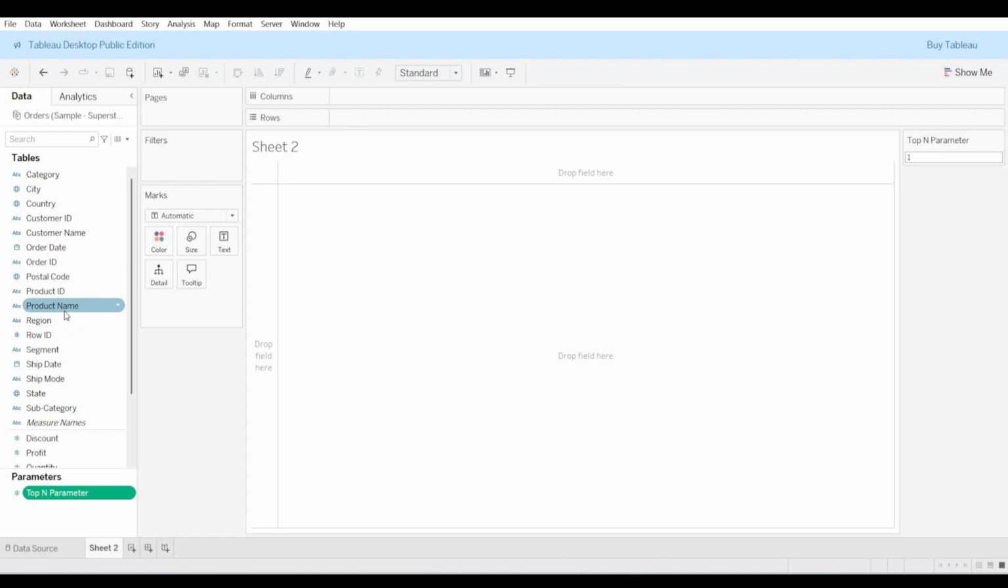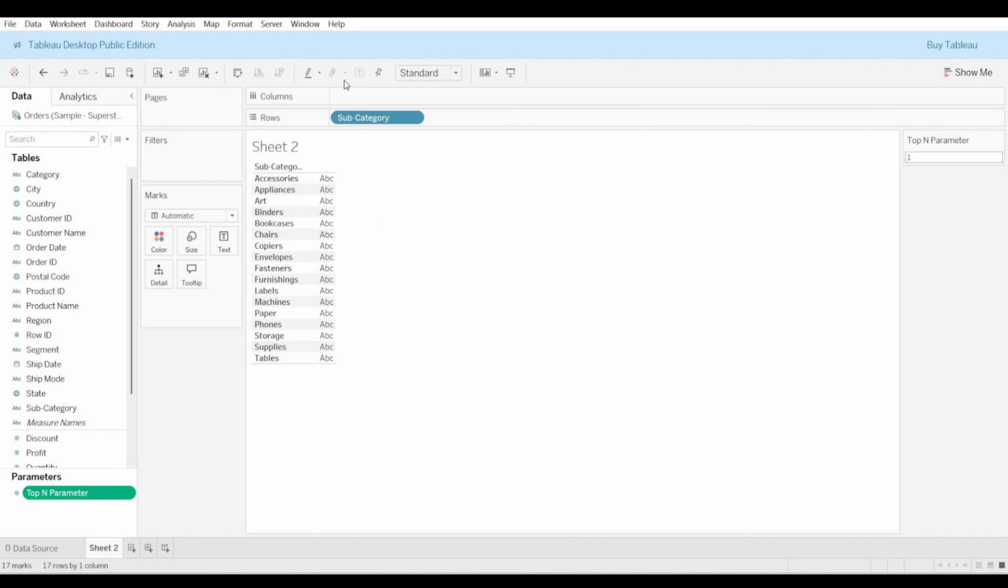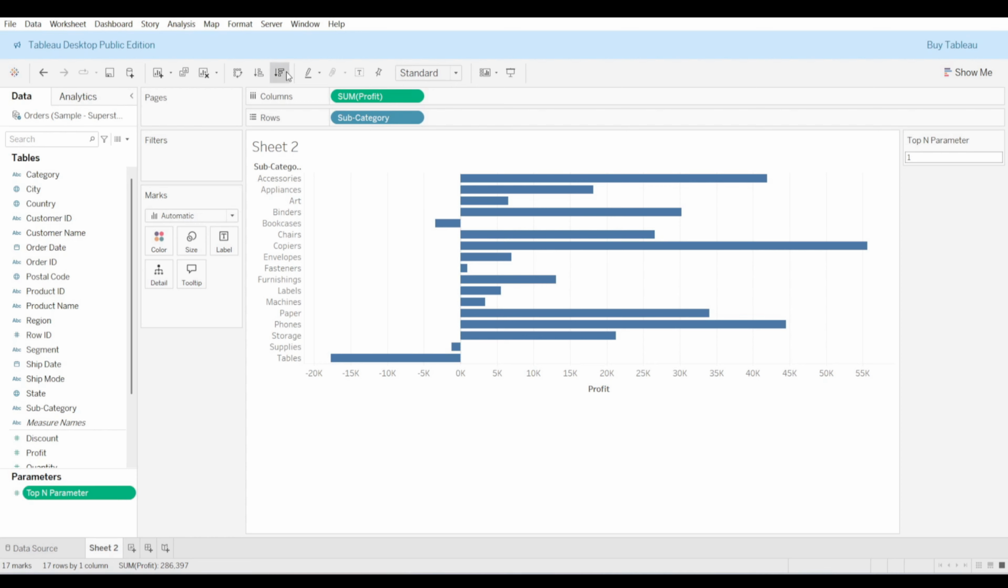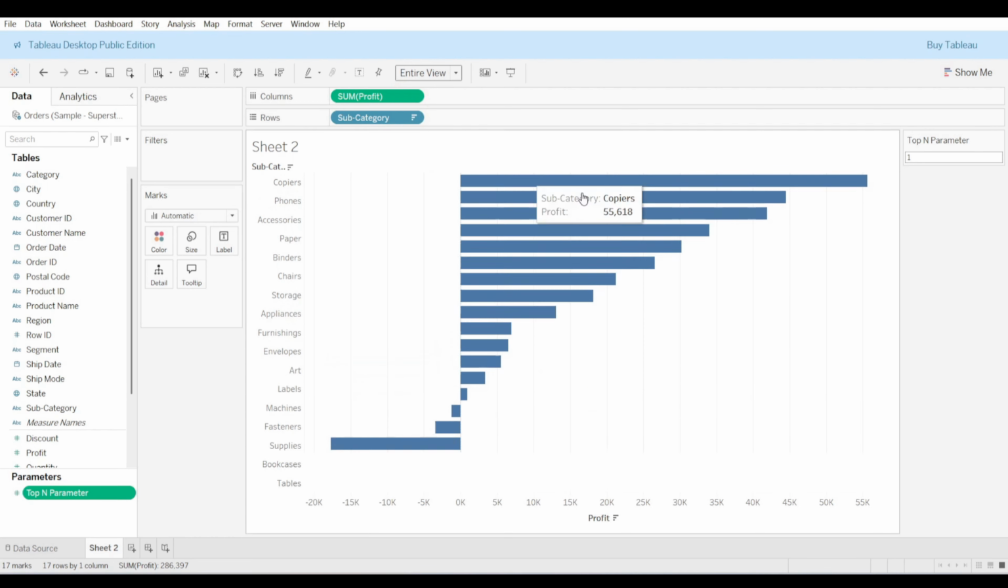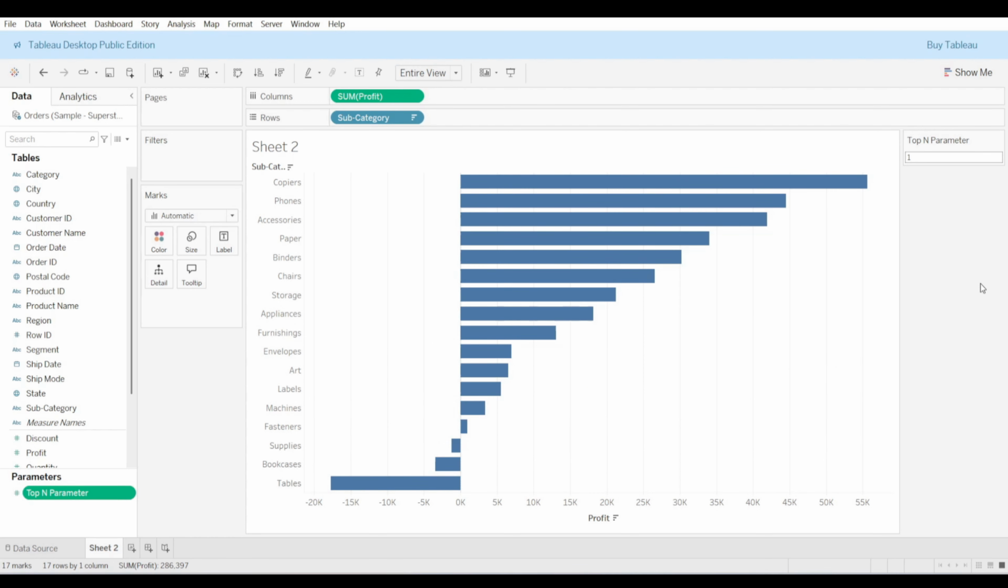Now, the next thing I'm going to do is take subcategory and put profit onto the columns, do a descending sort and do an entire view. So now I just want to see my top 5 subcategories. In this case, I've created a parameter which is on the right. And now I have to put this parameter onto the filter. So we are filtering by subcategory. So I'm going to put subcategory onto the filters,